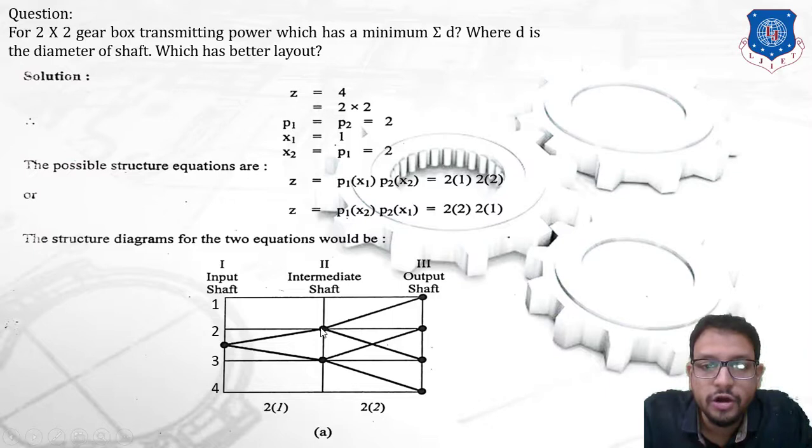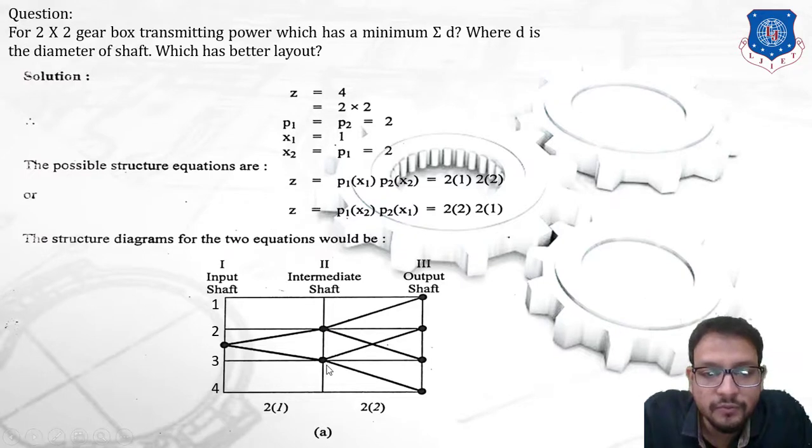From this point, what do we need to do? We require two speed steps. You can see in this stage 2 speed steps are required, and these speed steps are separated by how many units? 2 units. So from this point, draw one line in the upward side. Remember, we always draw with respect to this horizontal line. So one line in the upward direction and a second line in the downward direction, but we need to keep in mind that the distance between these two lines should be 2 units. Why 2 units? Because x2 is equal to 2.